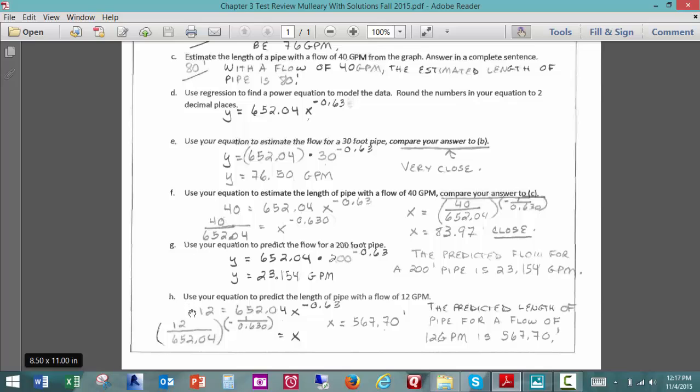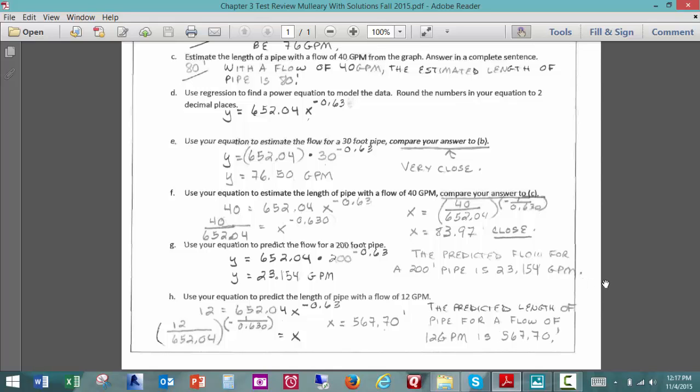And finally, on H, use your equation to predict the length of a pipe with a flow of 12 gallons per minute. So I put the 12 in for my y. I'm looking for x. The first thing I'm going to do is divide both sides by the 652.04, which I'm showing you right here. And then to get rid of that exponent, I'm going to be raising both sides to the power of negative 1 over that exponent, negative 1 over 0.630. That leaves me with x by itself. I put all of this in my calculator, and I end up with 567.70, and that's feet. So my answer is the predicted length of pipe for a flow of 12 gallons per minute is